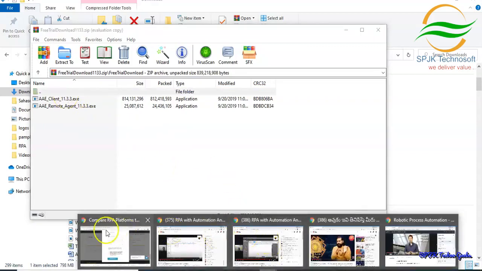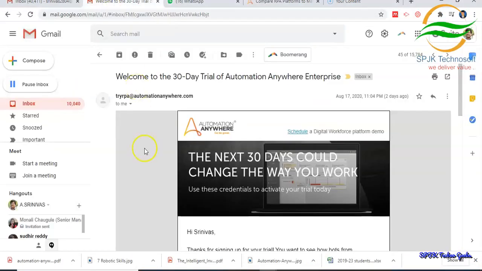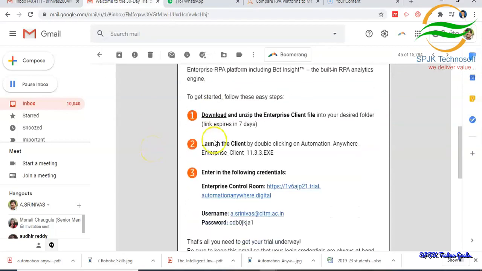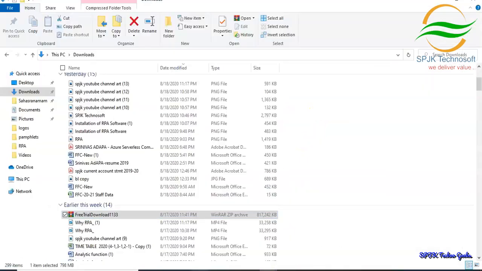Then you will be receiving one email from Automation Anywhere showing like this: Welcome to 30-day trial of Automation Anywhere Enterprise. In this, you have to follow the instructions stating download and unzip the Enterprise Client file, which I already showed you.